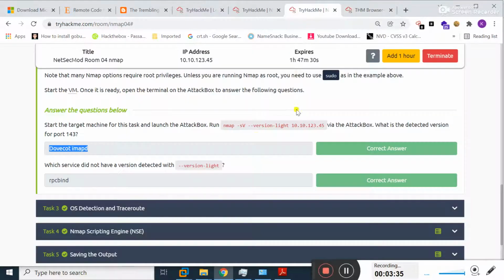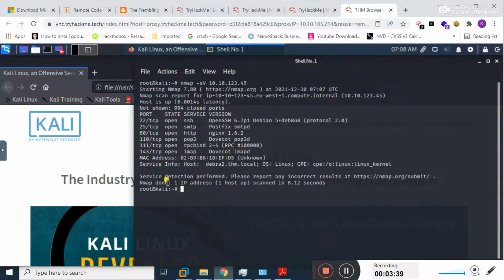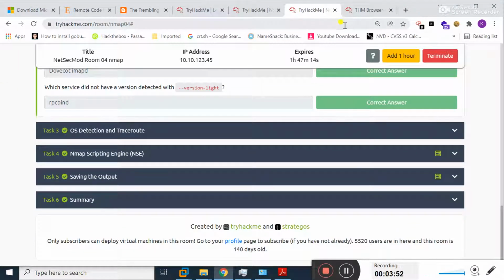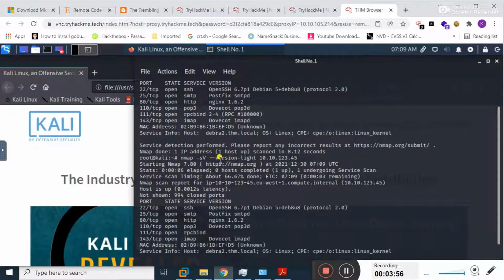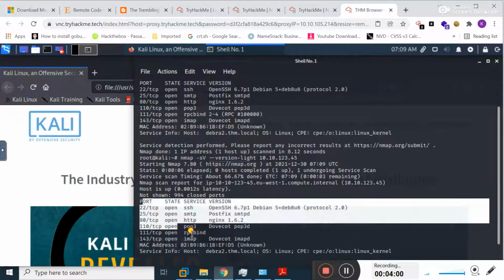Let me show you. If I use this syntax, I'm going to copy this from here. Let's move to my terminal, and simply I will paste this syntax here. Let's see now what result Nmap will show. See here, when I use this script, that is --version-light, this result is present.